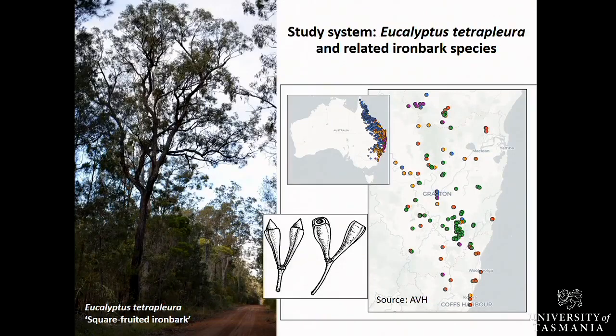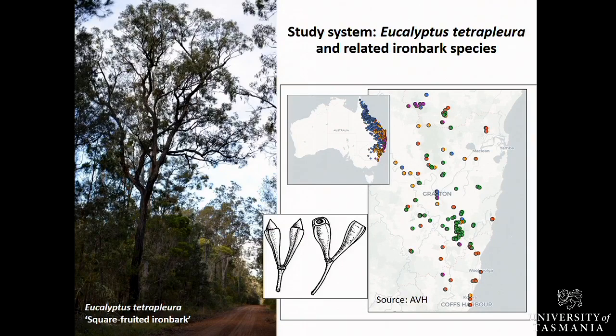So Eucalyptus tetrapleura is a really interesting species because it is distinctive in that it has 4 ribs on the sides of its buds and its fruits. And it's quite restricted. It only occurs in a 40 by 100 kilometre area around Grafton on the north coast